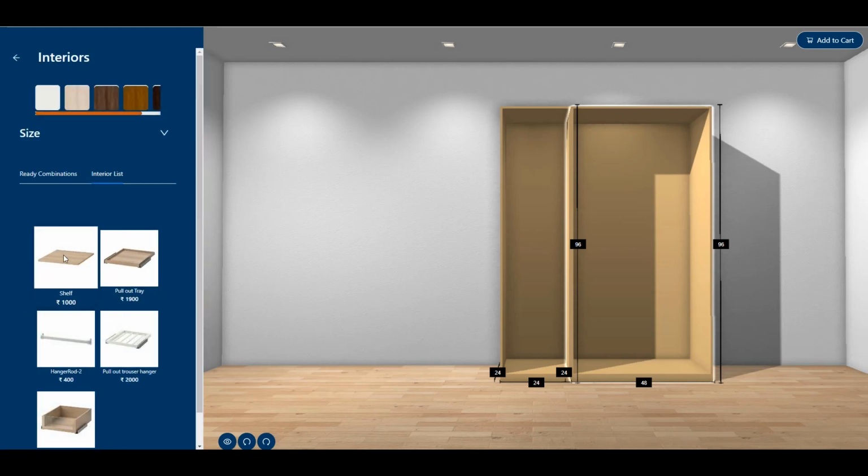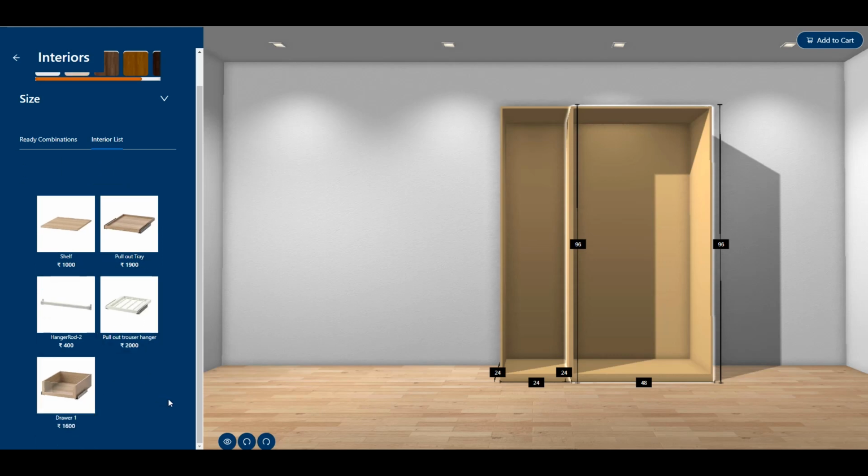Here you can see various interior products where you can add the shelf, pull-out tray, hanger rod, pull-out trouser hangers or drawers or multiple various products that can be managed from the catalog that is placed on the e-commerce platform side. So let's try adding some of the products. Let's add the shelf first of all in the selected one. Once you add the shelf,